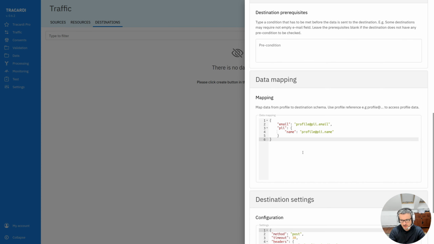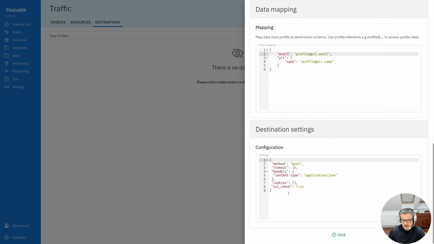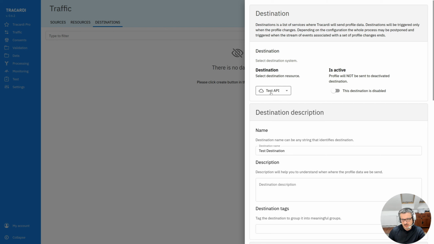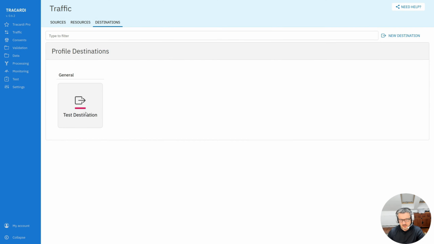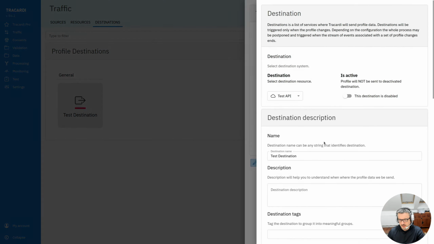of an external system. And these are the destination settings. I will be sending this data with the POST method. This is the timeout and what kind of headers I'm sending. This is just the setting of this particular destination, that is the test API. If we send to some external systems, this configuration may be a bit different. So let's save it. Okay, I have to enable it because the profile will not be sent to deactivated